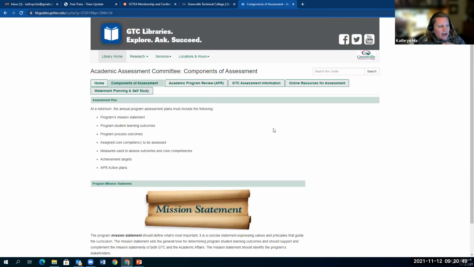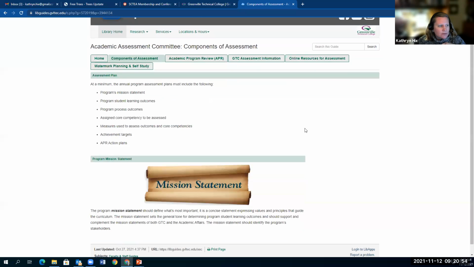The next page has a number of different options in terms of the different parts of assessment. So these will probably be things that you're going to see throughout the morning today. And this gives you an opportunity to refer back to them and see them again. So the different components of assessment are here, and you'll see on the screen here, starting at the very top